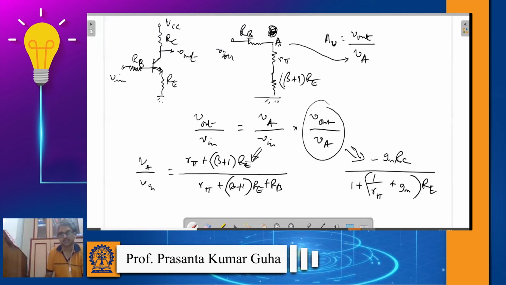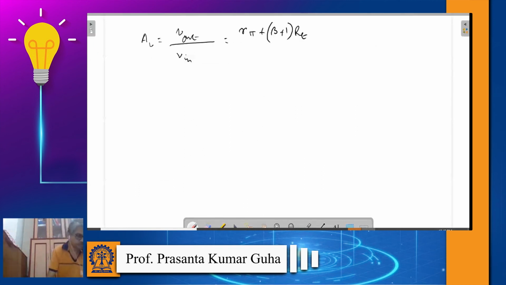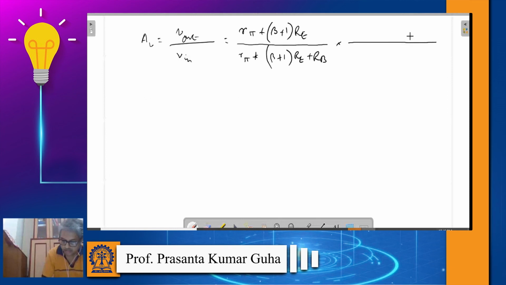Okay, so in reality this will be there even if it deteriorates the gain. So we will see how much that deterioration is, right? So basically this is R pi plus beta plus 1 RE plus RB multiplied by